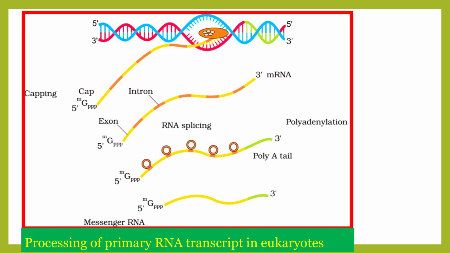So, capping is addition of 5-methyl guanosine, a chemical group, to the 5' end, and once transcription is over, template independent polyadenylation takes place towards the 3' end. You see, once transcription is over, in the green color a poly A tail, that means many adenosine residues, adenylic acid residues, are added, mostly 200 to 300 residues, to the 3' terminus, but that is not template dependent, that is template independent. So, capping and tailing.